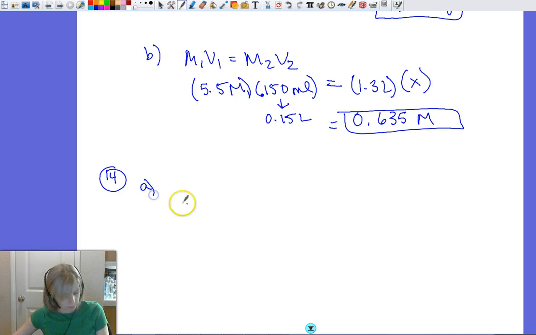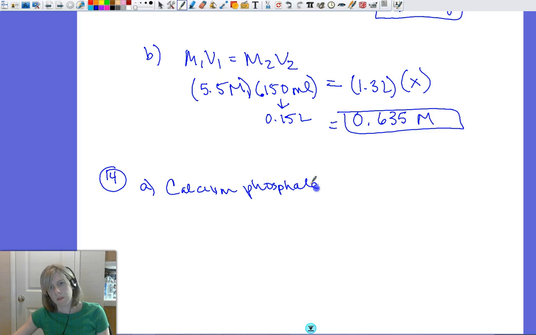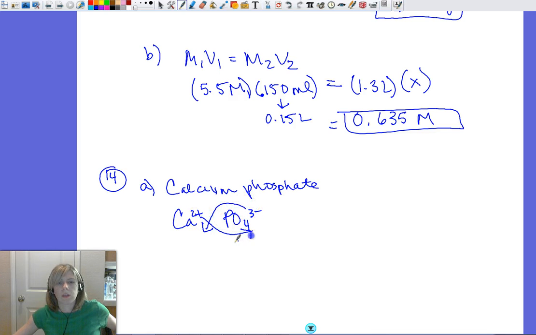I'll do A. It says write equations for the following compounds to show them dissociating into ions as they dissolve in water. So we have calcium phosphate. The first thing we need to do is write the formula. We know calcium is 2+, and phosphate is 3-. So when we cross our charges, we get Ca